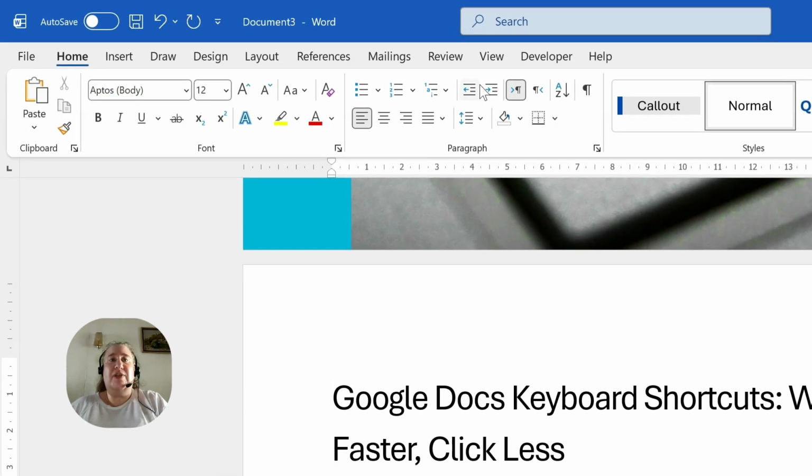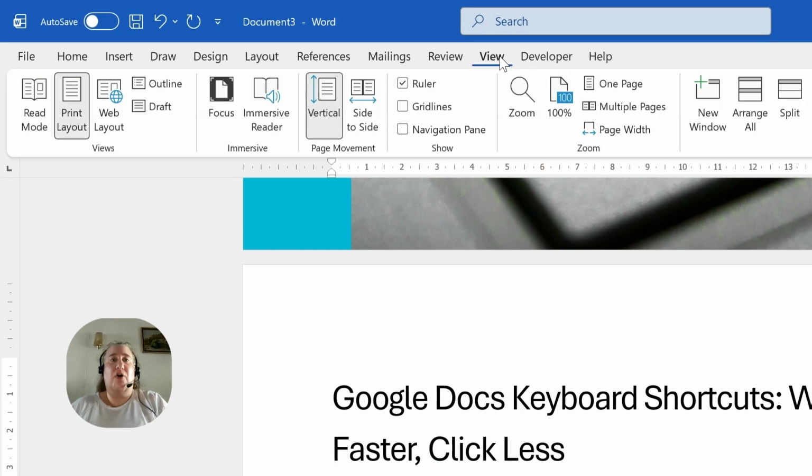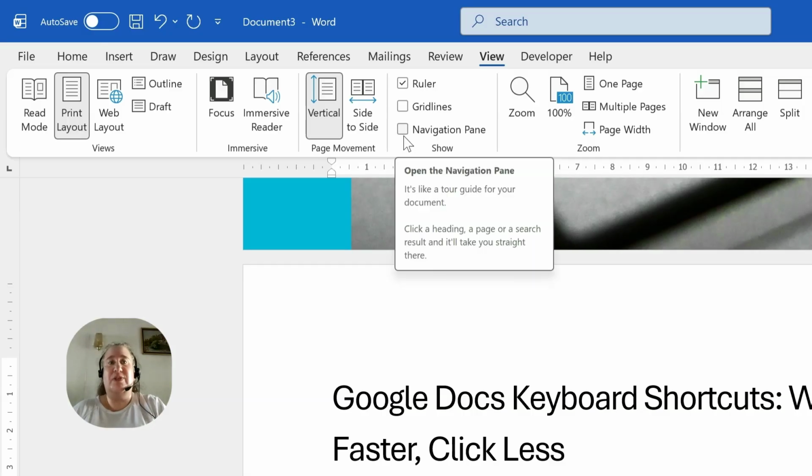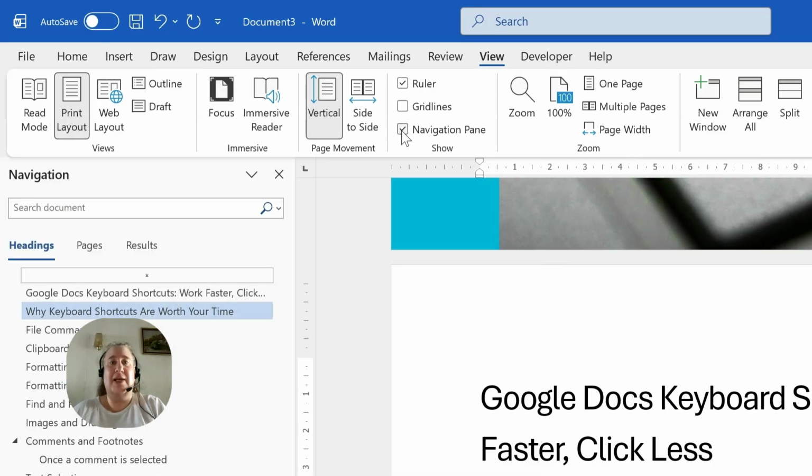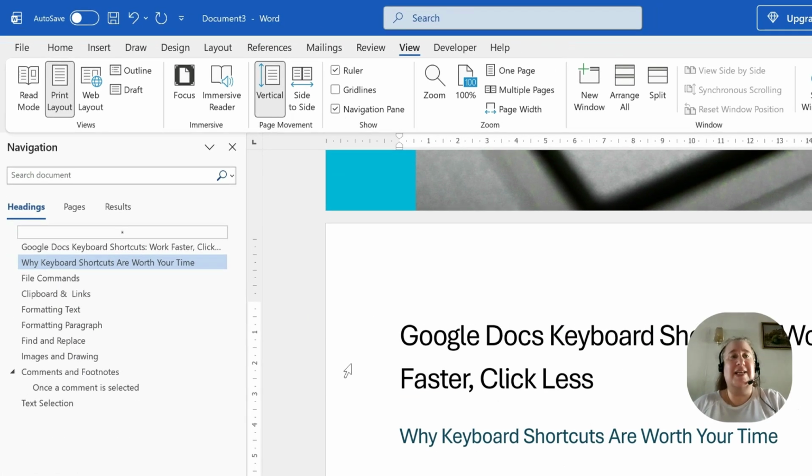Simply go to the View tab on the ribbon, and you'll see that there is a section called Show, and the last option is called Navigation Pane. As soon as I tick it, the pane appears on the left-hand side, and you can see it's already filled in. And the reason for that is because the Navigation Pane, the default option is headings, and that's talking about